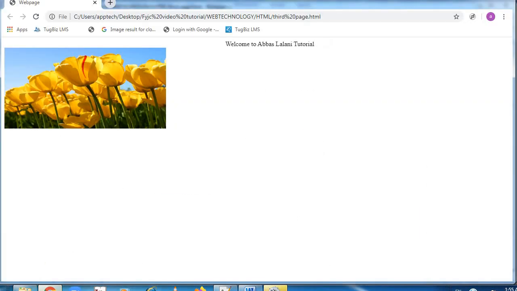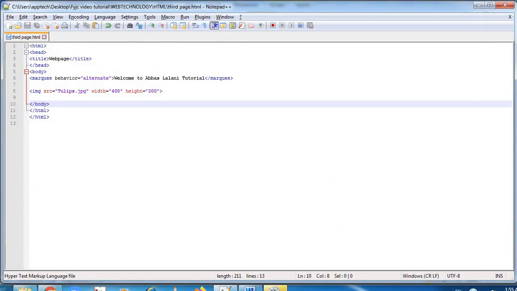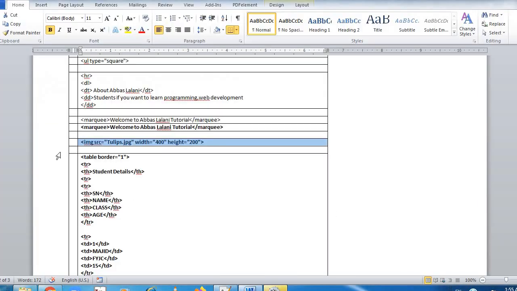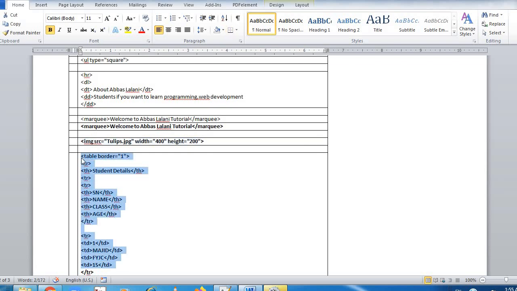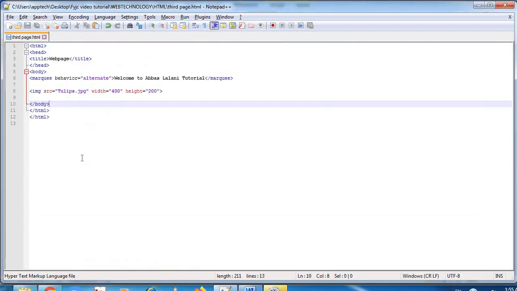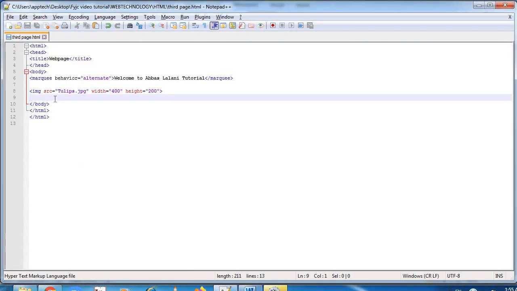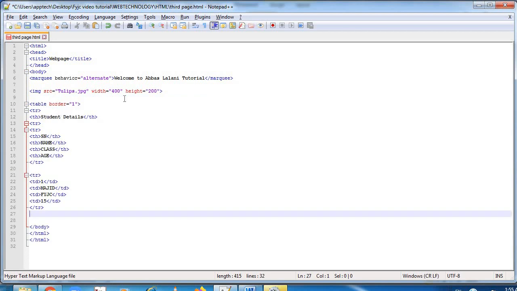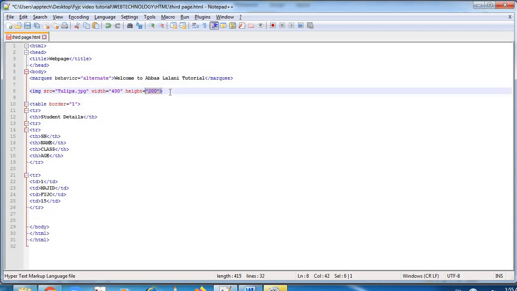We had learned earlier how to put the background image. In a background image, it will capture the entire background and whatever text is there will be shown above the image, but in an image tag, whatever text is there will not be shown, it will be hidden. Now the next thing that we'll be learning is the table. The table part we will cover in this. We'll just delete the image, we have already done it.